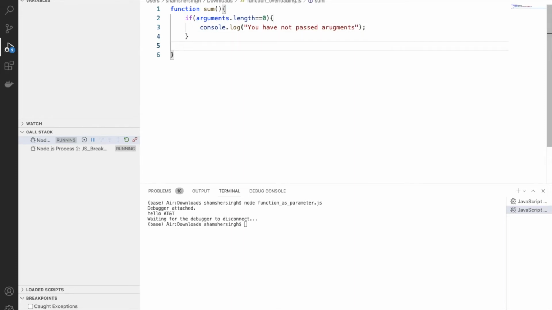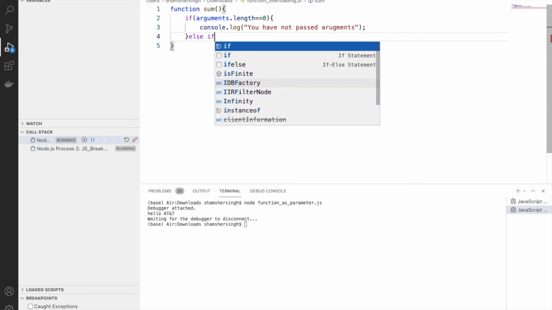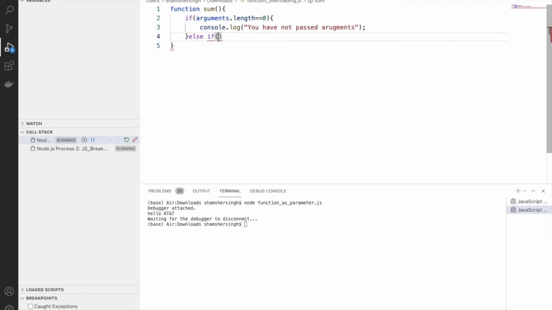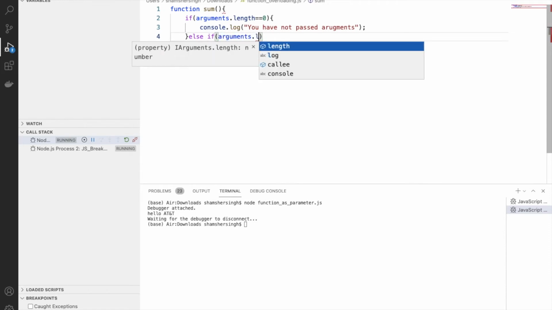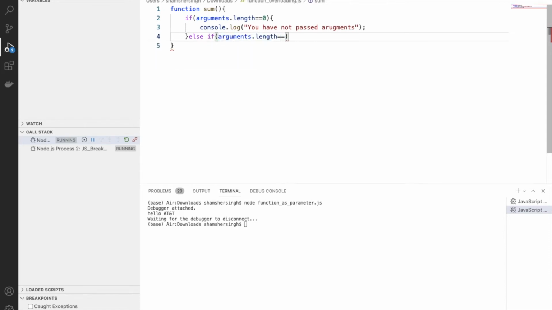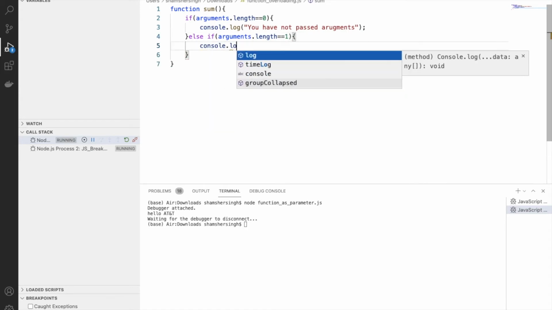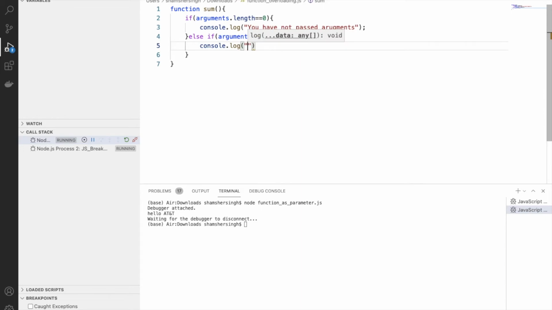Next I write down into that else if, another condition I have to pass: arguments.length equal to 1, then I need to print it with console.log: you pass at least 2 arguments. So this is my statement, another statement, and the last statement is else,